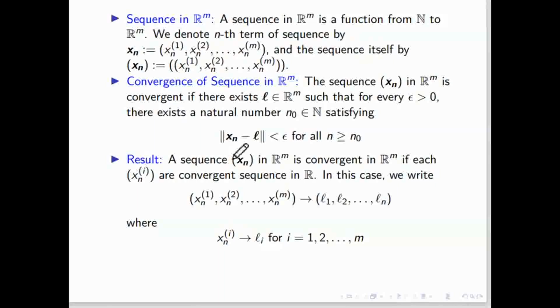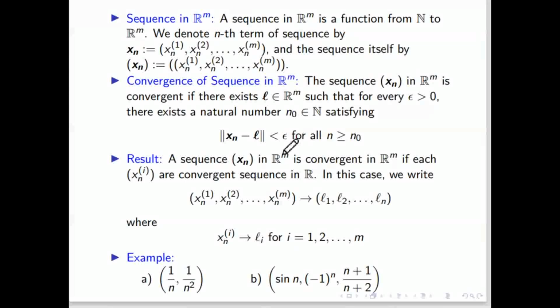What this result says is that if you have a sequence in Rm, which has m components, and you are able to find the convergence of the first sequence, similarly the second sequence, suppose this is converging to L1, this sequence converging to L2, this sequence converging to Lm. So each individual sequence, if converging to Li, then the overall sequence converges to L1, L2, Lm. So even if you don't apply the definition, you can easily check whether the sequence is convergent or not. Whatever you learned, all those things you can apply.